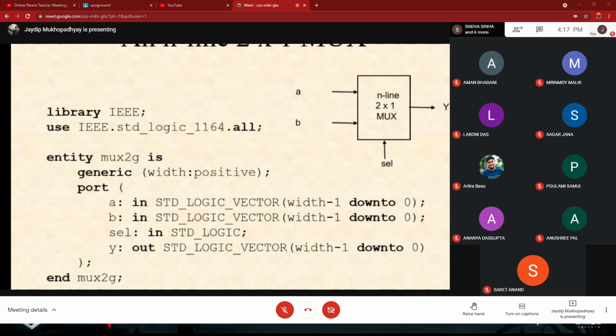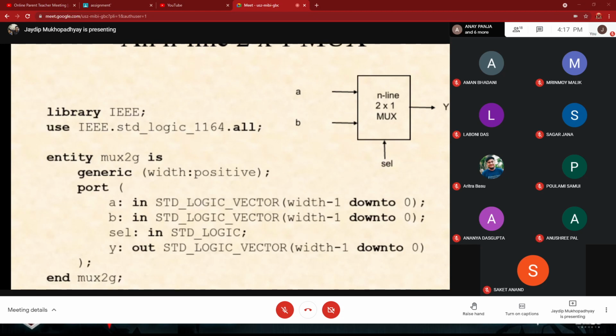I will show why this is written here. The generic means the bus. It is a bus of the inputs. There is a bus of inputs 0 and 1, or a bus of inputs A and B, correspondingly displayed over the output side. So there is a stream of inputs, and that is why it is the generic with positive.